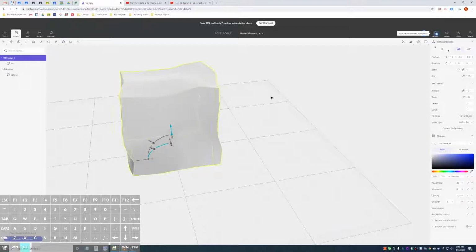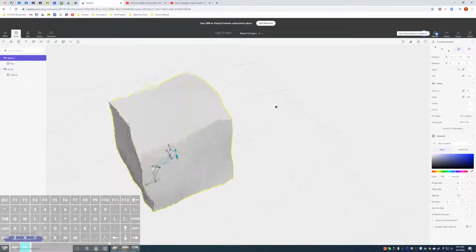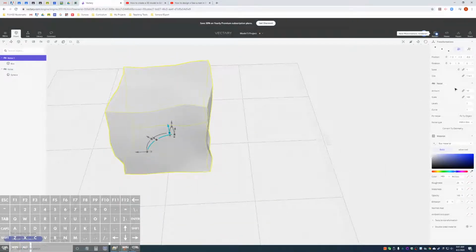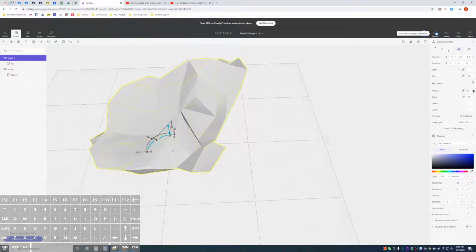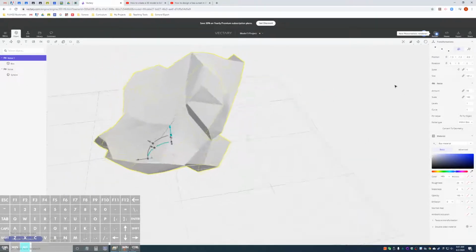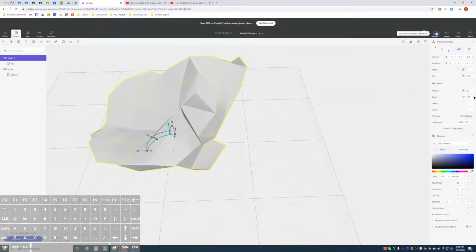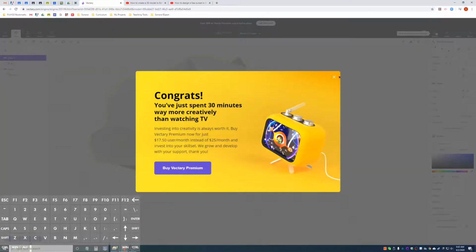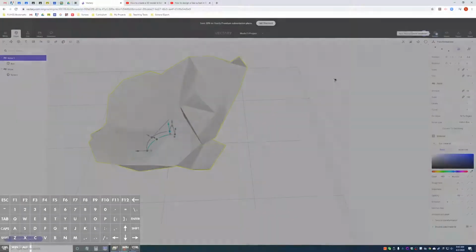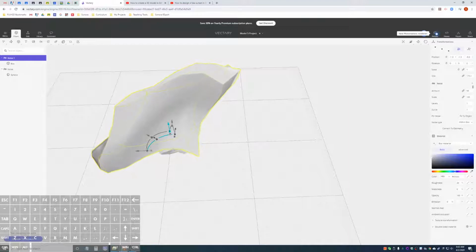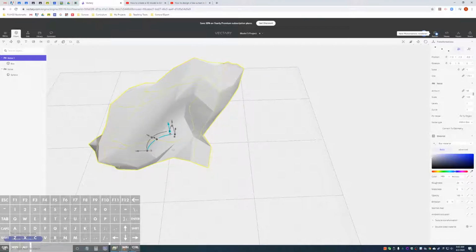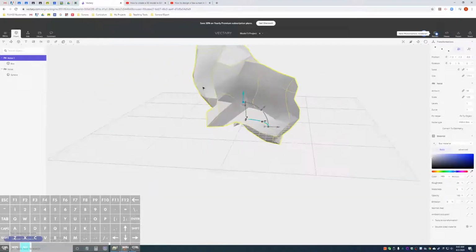Okay, so with the noise, obviously this rock still looks way too squarish. So let's go ahead and increase the amount of noise. So yeah, now we're talking. Now we're talking some good looking rock here. Let's see what scale does. Oops, again, 30 minutes, and they want you to buy the premium. So it looks like if I increase the scale of the noise, I get a little bit more realistic looking,